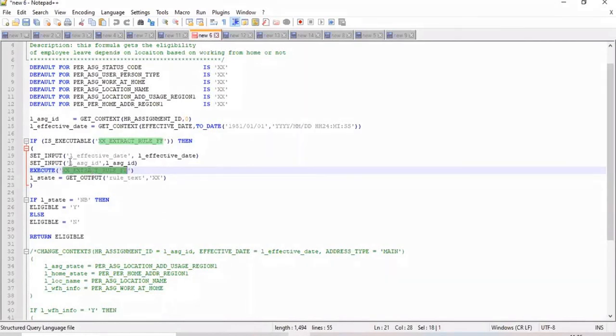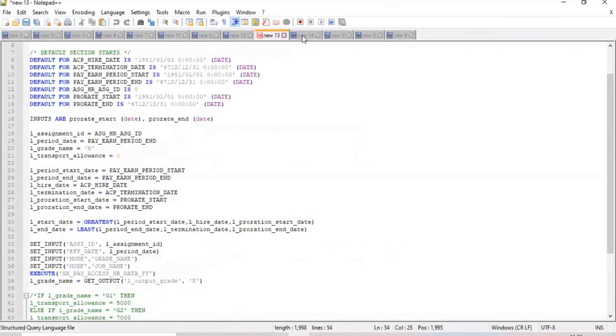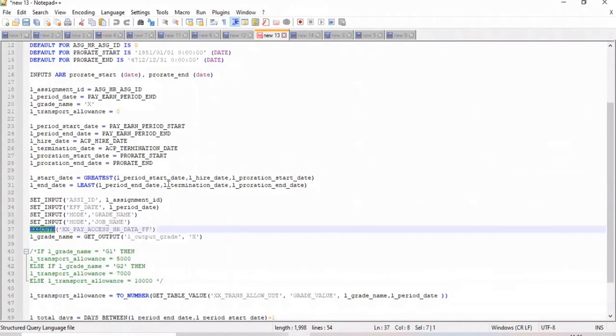Yeah, you can directly use call formula, open bracket, and just put it like that. There are multiple ways to do it. The function is the same; the functionality remains the same. Everywhere I use execute only, but as I said, it's up to you how you want to use it.